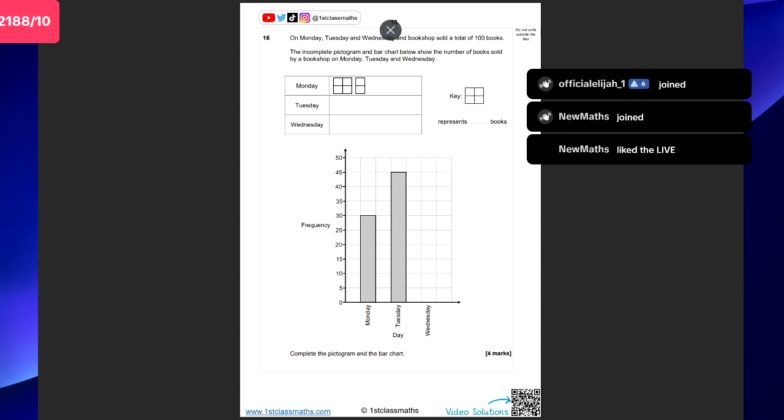So looking at some pictograms here and some bar charts. And a bookshop sold